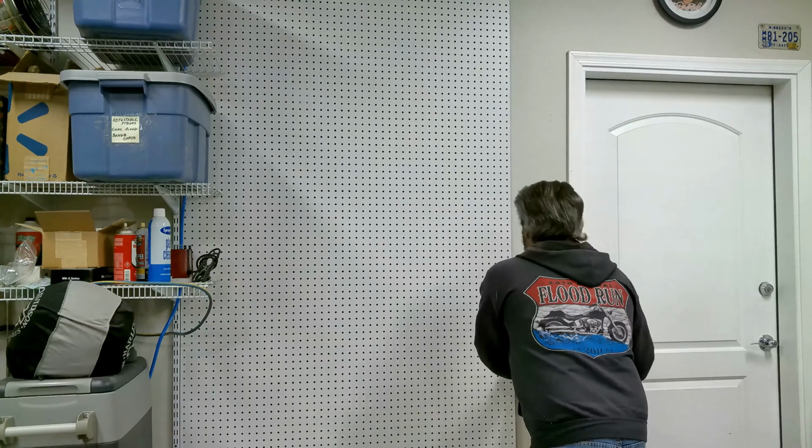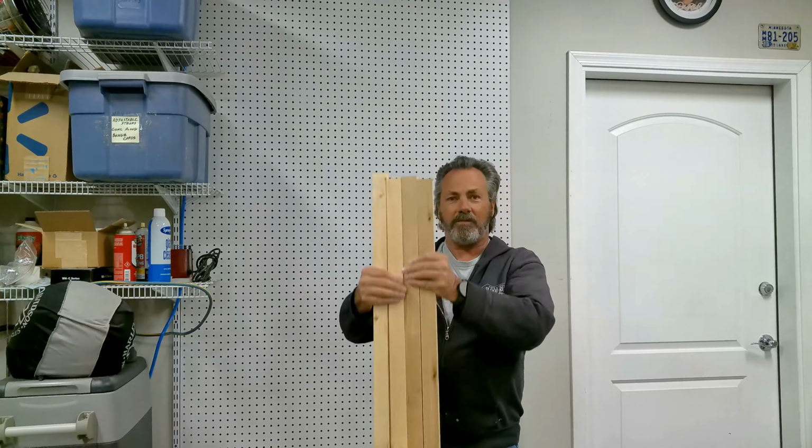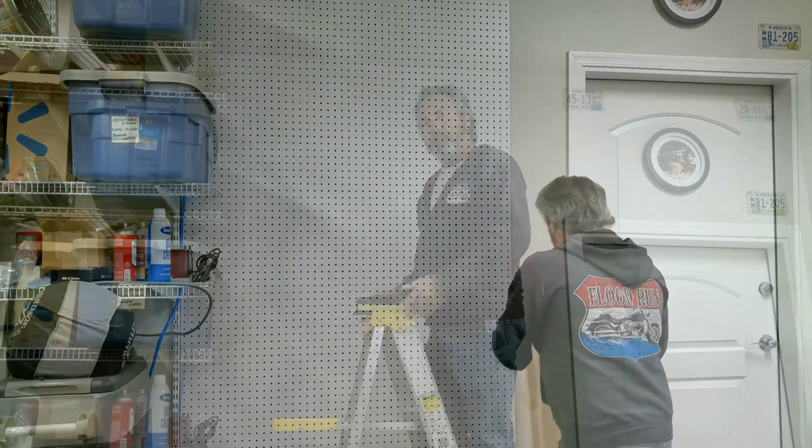Okay, step 1: a 4x8 sheet of pegboard. Step 2: take some 1x2s and cut them into 4-foot sections. Okay,